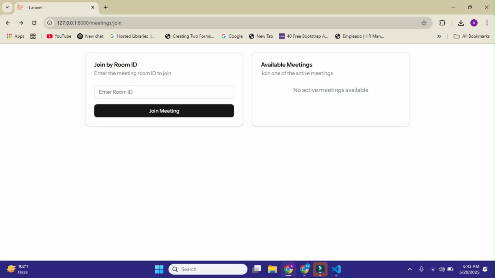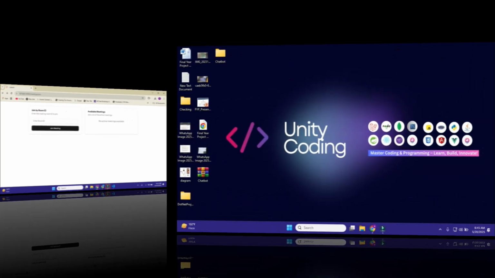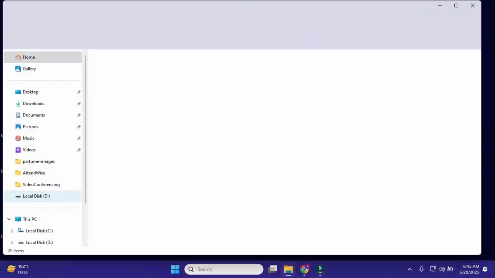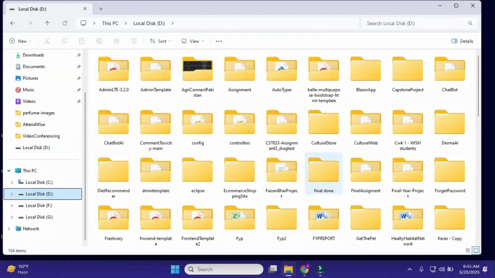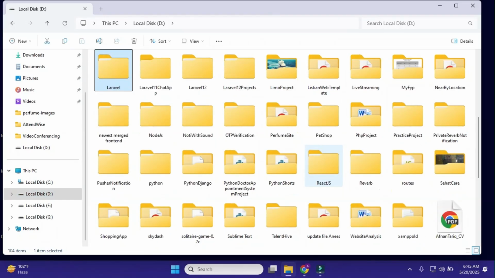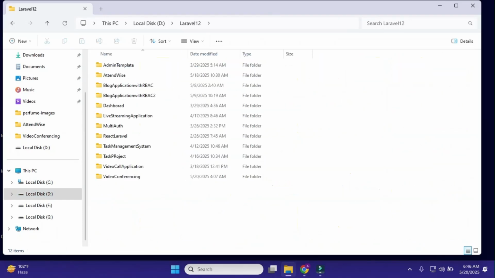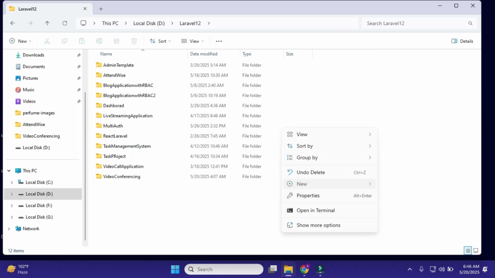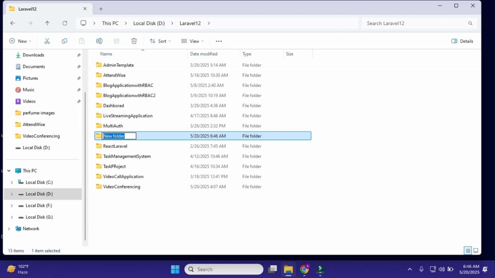So now we can create this again from scratch. Let's first start. First of all, I'll create my new Laravel project. For this, I'll go to my Laravel projects directory where my Laravel projects are. These are in Laravel 12, we are working in Laravel 12. Now I'll create a folder here, and name this folder video conferencing